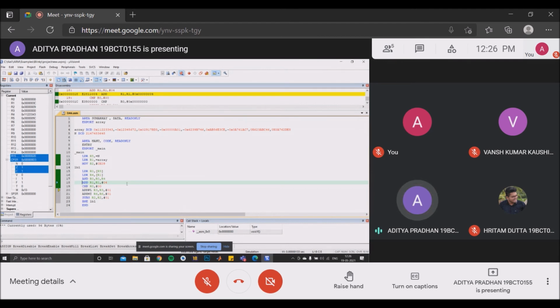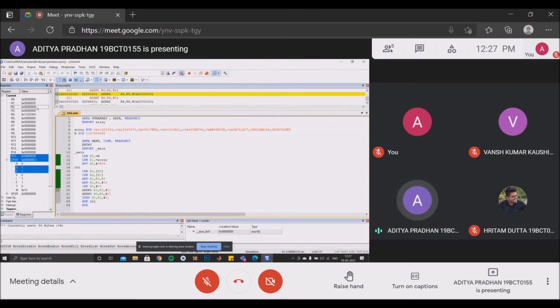Now, as a positive number has been encountered and identified, the value in register R3 is incremented, which keeps the count of the positive numbers. And as iteration 1 is complete, the value in R2, which is the count value, is decremented by 1. So the value 9 will be changed to 8 here. Next is the branch-not-equal command, which points to LBL and will take us back to line 15 when R2 is not equal to 0. So the condition will be checked.